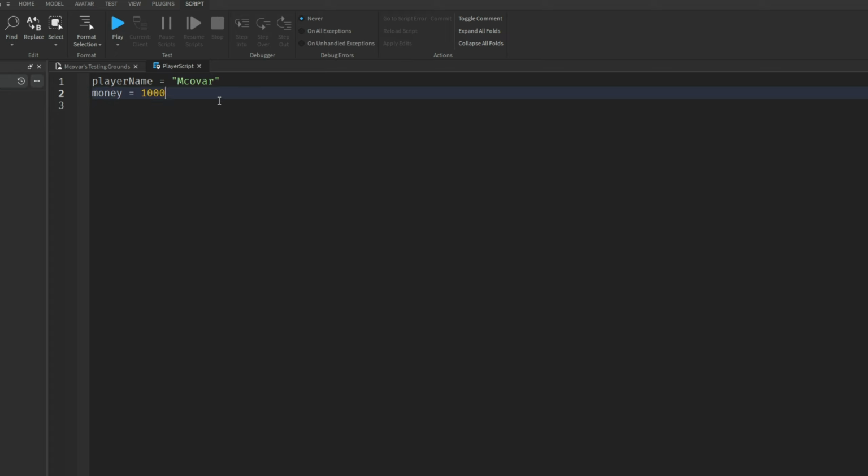Maybe instead of that, let's just say money is 1,000.59. Say we're doing USD, right? This would make it a float, or a double. Those are ones with decimals. The difference between the two